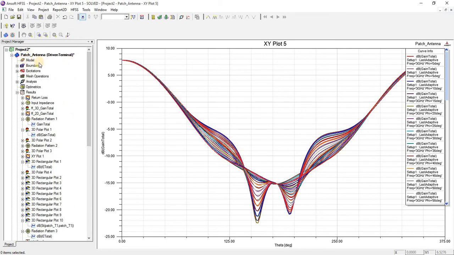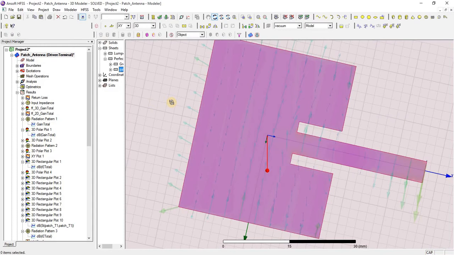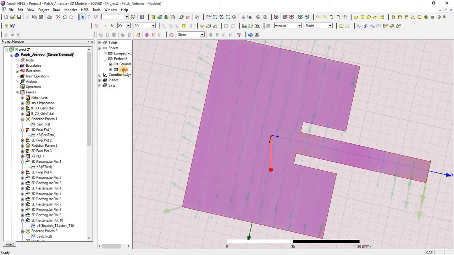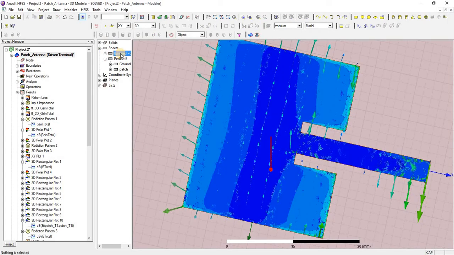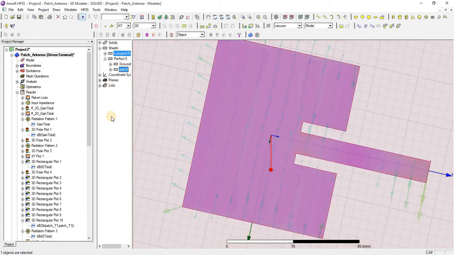For that purpose, first we select from here. First we will select the patch, and second lump port.